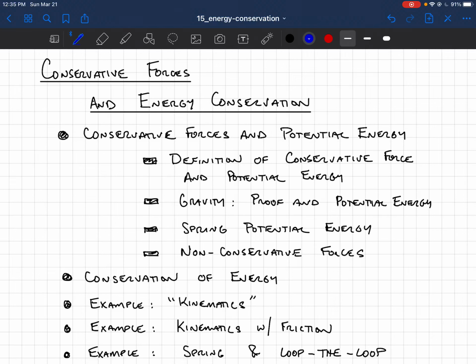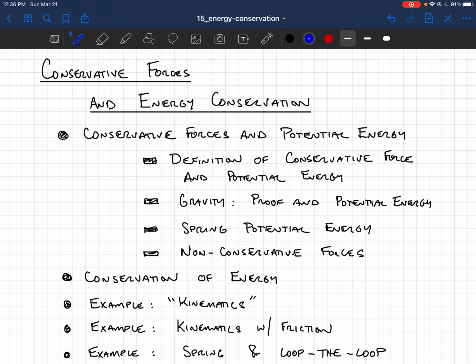In the last lecture, we defined something called work, which allowed us to define something called energy. And what we'll talk about today is the fundamental principle regarding energy, which is that of energy conservation. We'll see how we can use that to solve some problems. And we'll see how it comes about due to something called a conservative force, which defines something called a potential